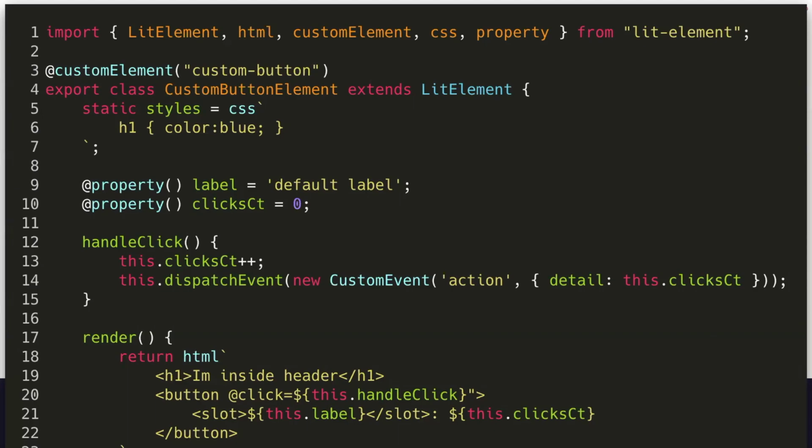So when you see we have the add property in lines 9 and 10, that means that whenever those properties change, they're automatically going to re-render our template so that the template is always in sync. And we just fire regular DOM events for anything. And this is actually a piece of code that could replace the React app that was just the element before, which was 50 kilobytes of code. So I think this is pretty nice.